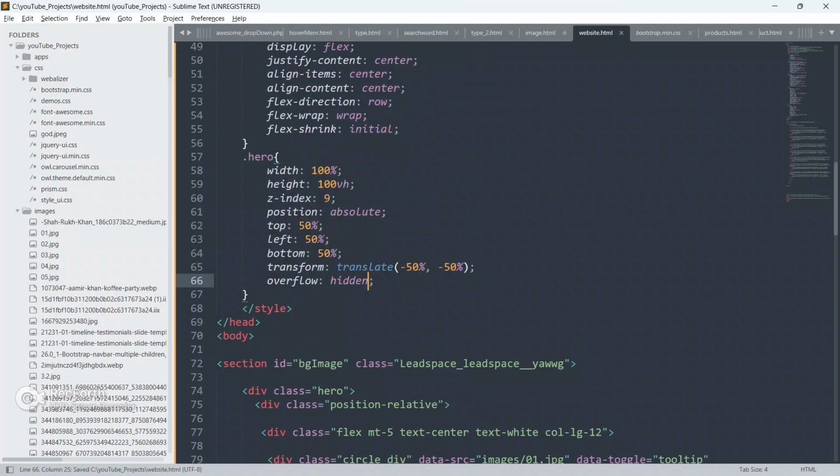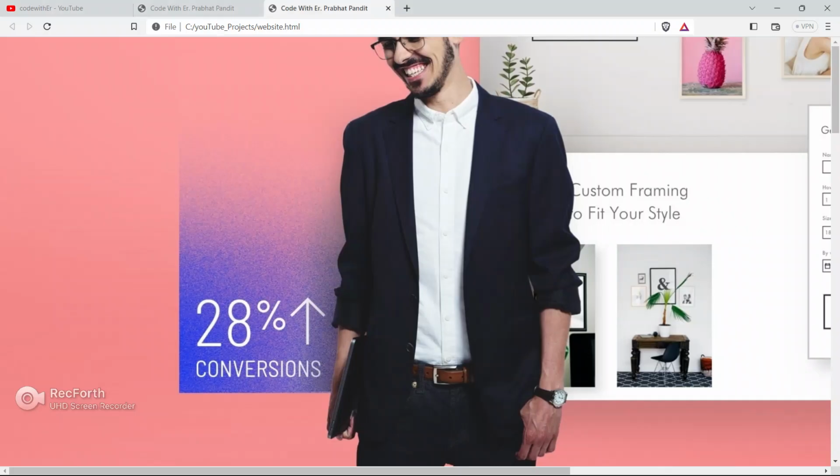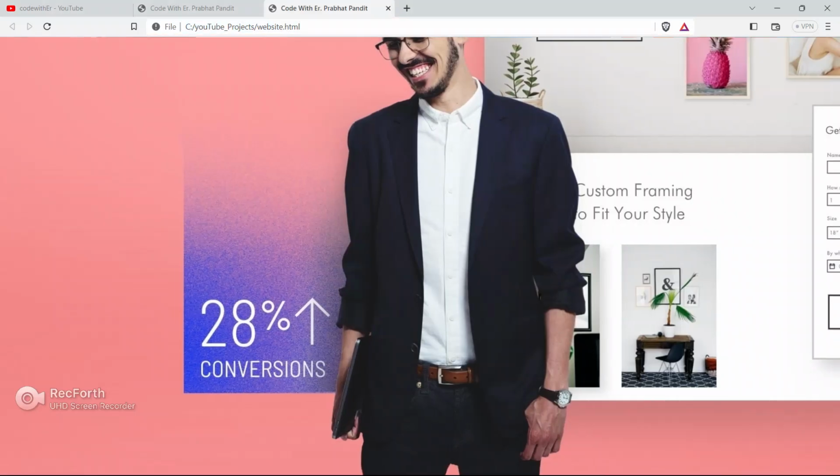Give overflow as hidden. Save your code, go to the browser and refresh your page.